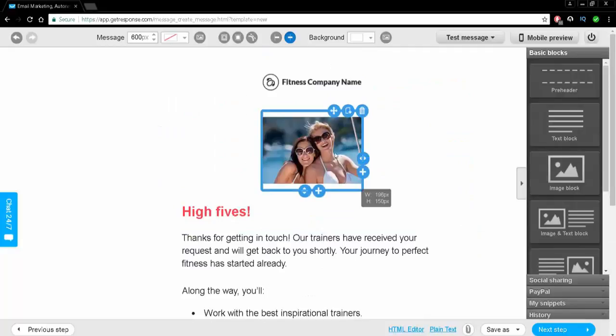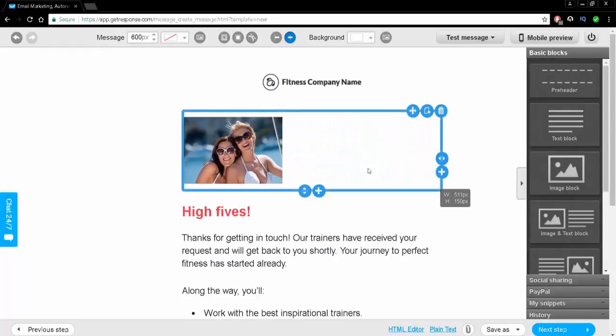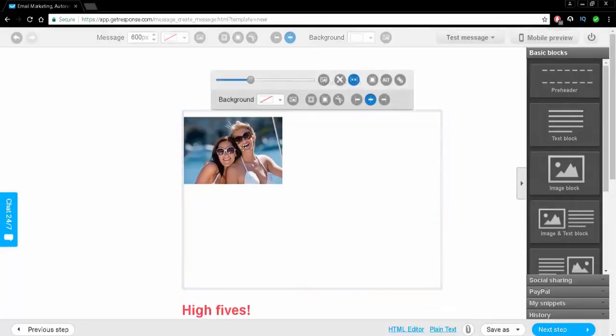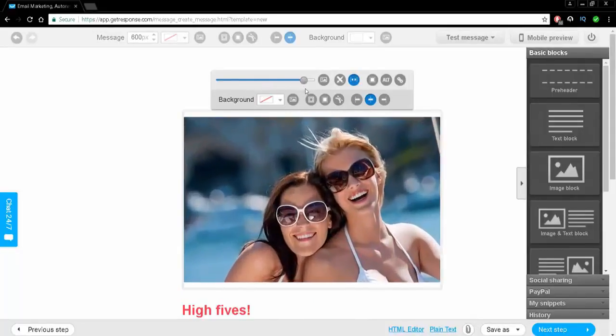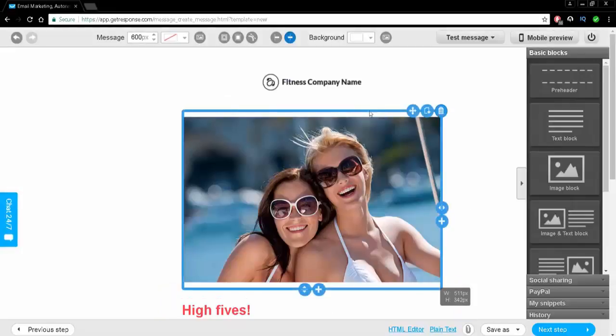Now for me to increase this image, because it looks way too small for my email, I just click on the side, as you can see over here on the side. This allows me to increase the image a bit. And now I just select this section and I just use this option so I can just fill all of the spacing just like this,